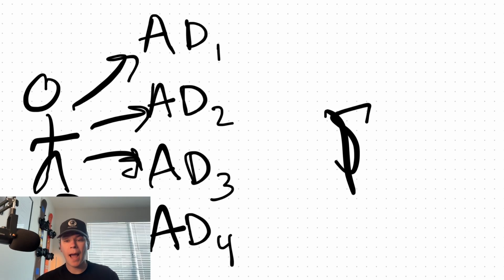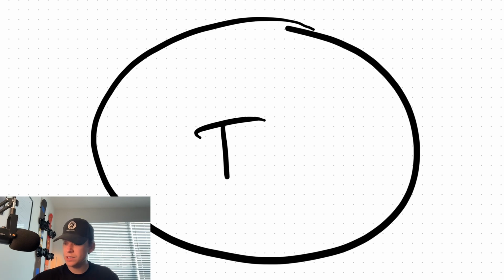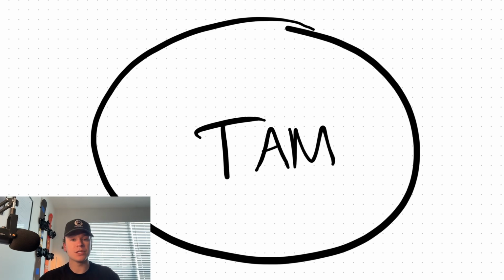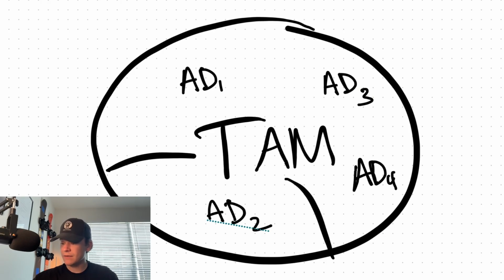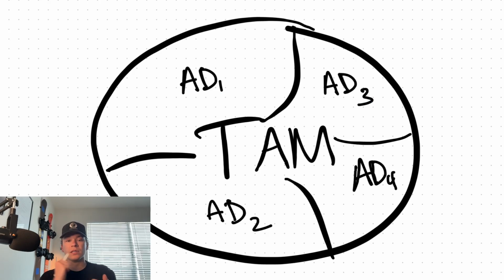What will end up happening though is, if you go back again, go check out that messaging video if you haven't. There's this concept we talk about when it comes to messaging angles, or different angles that will attract people. I want you to think of it again. If you go watch that video, it'll be the same concept. Think of it in the same way you do the ads themselves. So let's say ad 1, ad 2, ad 3, and ad 4. Each one of these inside of the TAM, the total addressable market, has a select number of people that it will elicit a response from, a select number of prospects, future customers that the ad will get people to say, hey, yeah, that's me, I want to buy.